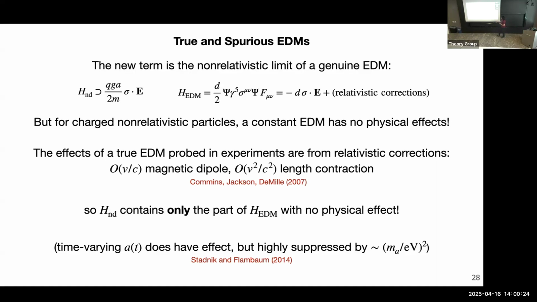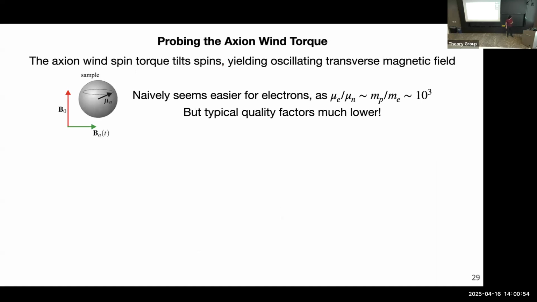Now, of course, if I let a vary over time, it does have an effect, because then you get an axioelectric force. But that force is competing against the binding forces inside the molecule or the atom, which are extremely strong. And so this was also estimated 10 years ago by some people who are really good atomic physicists. And they found that parametrically, the effect is suppressed relative to what you would imagine naively here by a factor of m_a over the binding energy, squared. And that is an extremely, extremely large suppression. So that means that it's basically hopeless to use this to search for the axion. So that's why this term looks like it's doing something, but it actually is just a trap.